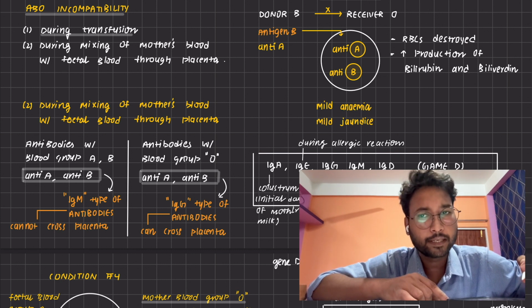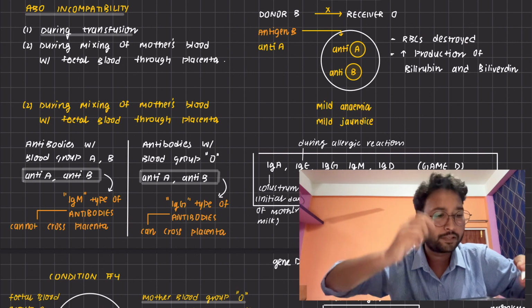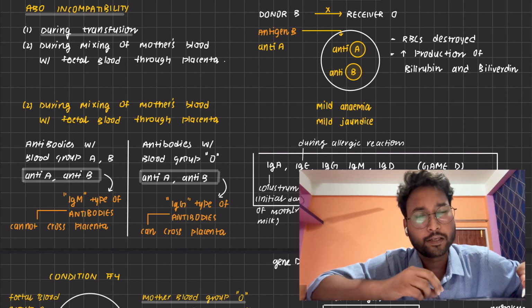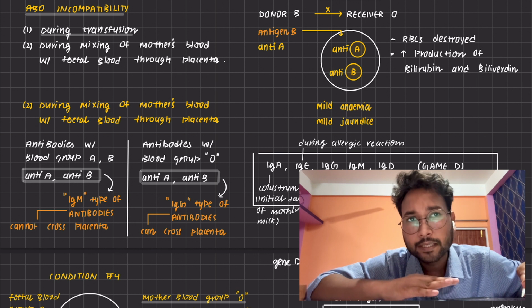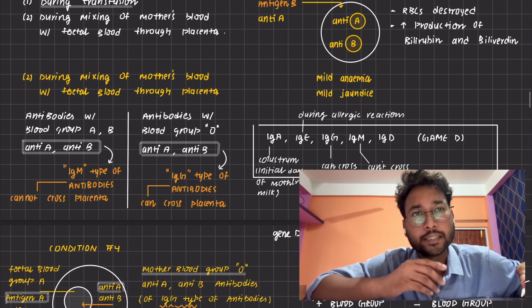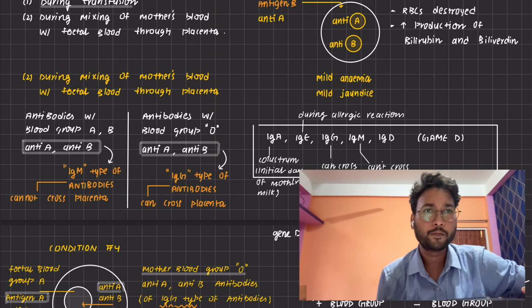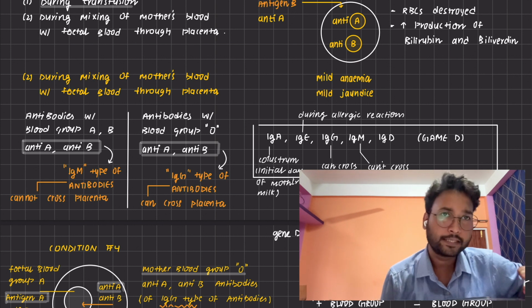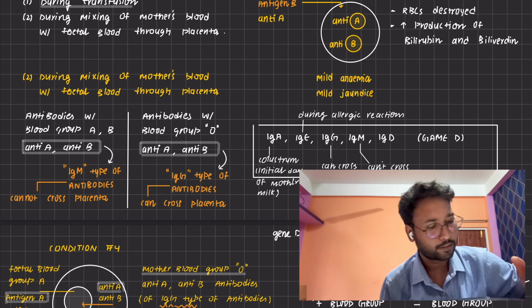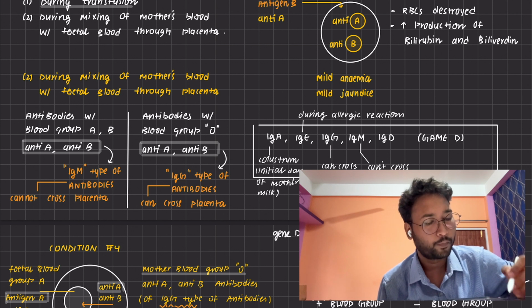Why can it cross the placenta? It can cross the placenta because the patient with blood group O, which has anti-A and anti-B antibodies in plasma, are not of IgM type. They are of IgG type of antibodies, and IgG type of antibodies, as we know, can cross the placenta. So whenever a mother with blood group O, which has anti-A and anti-B antibodies of IgG type,